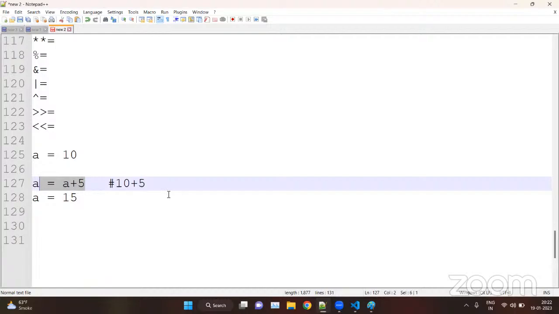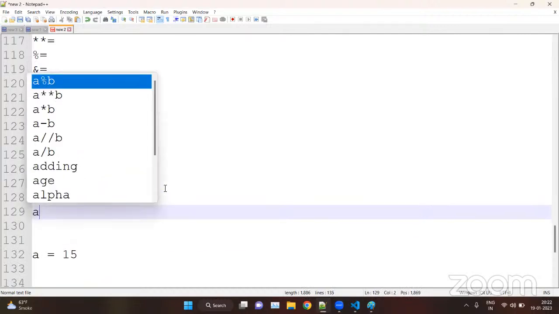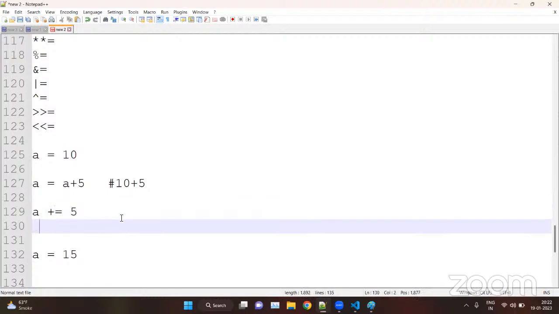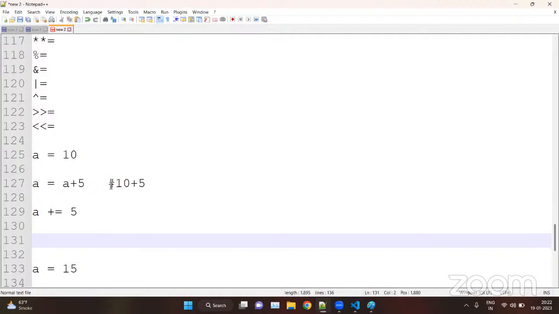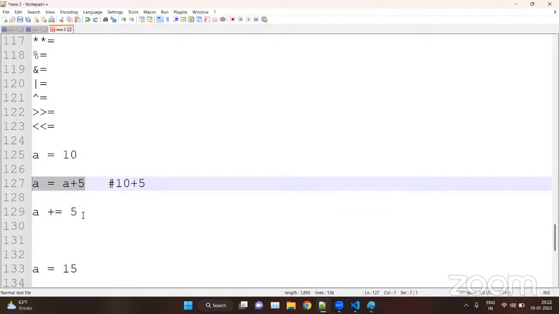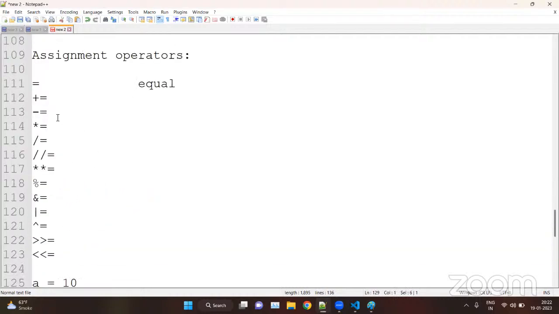Now there's also a short form of writing this. You can write the same with the help of the assignment operator, like a plus equal 5. Which means you are adding plus 5 to the value of a. So either you can write this or you can use this. Both are the same. Here we are using a two times, so instead of writing this, we can use the short form. It's the same as we have with minus, multiplication, division, floor division,